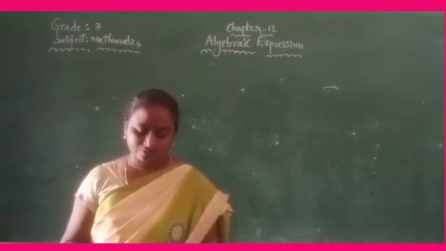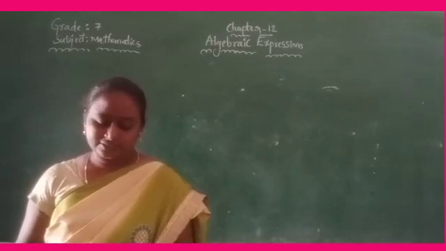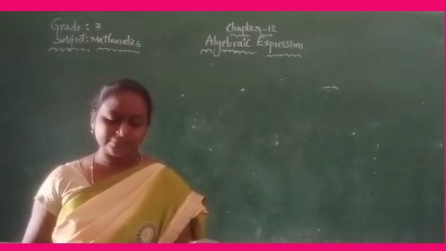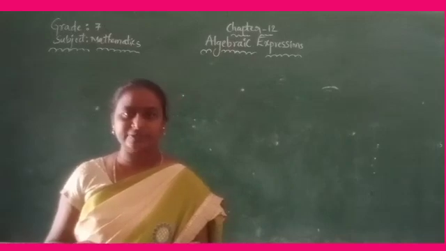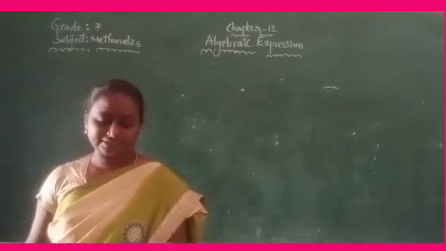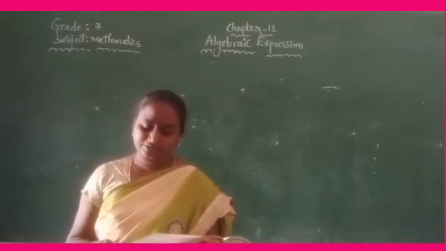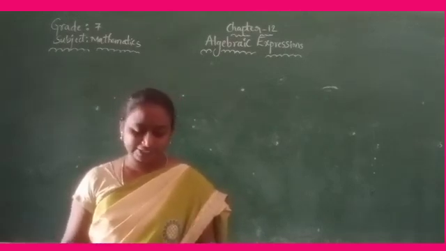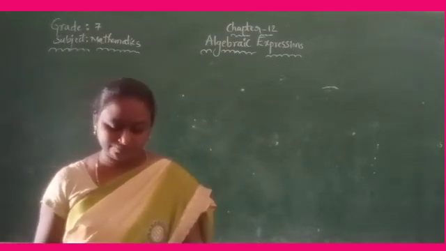What are the terms in the following expressions? Show how the terms are formed. Okay, draw a tree diagram for each expression. The tree diagram I explained just now. So first write the given expression 8y plus 3x square and write the terms first. After that, the factors. Right. Second one, also write three expressions each having four terms. Take four terms of an expression and using the tree diagram find the terms and the factors also.